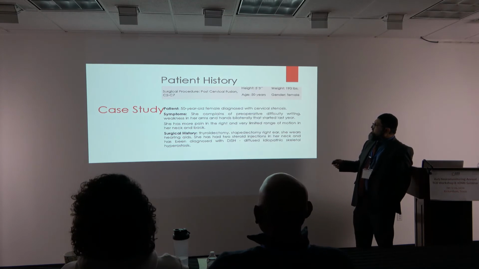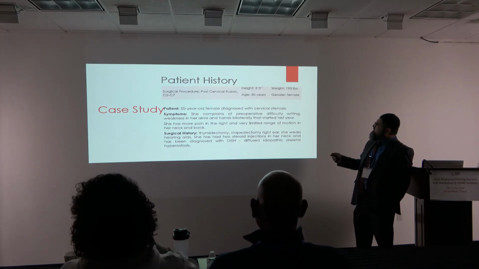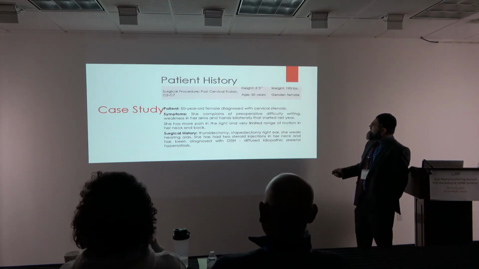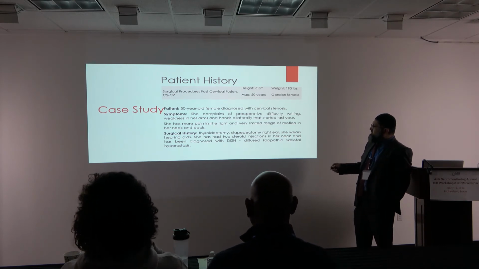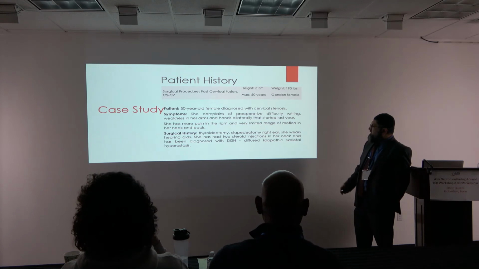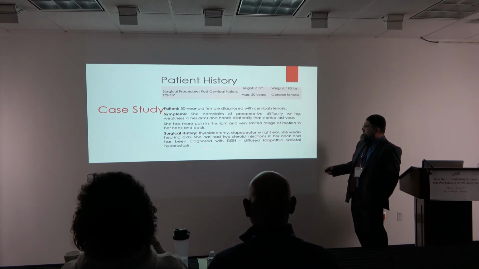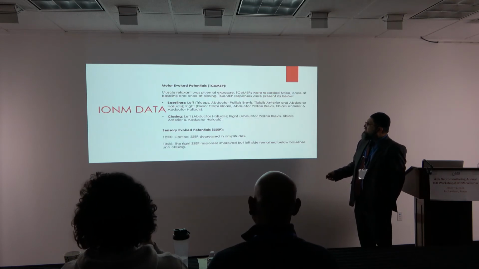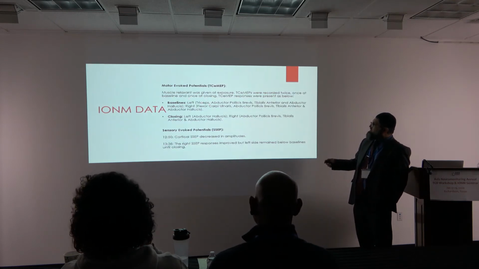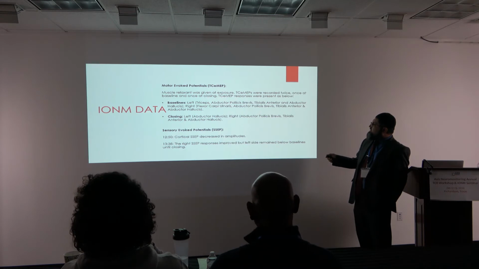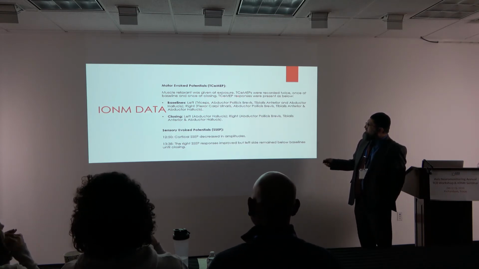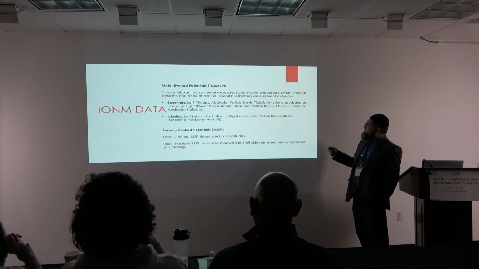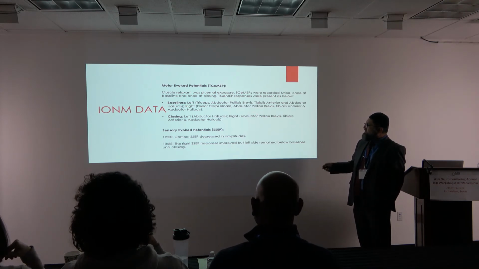Posterior cervical case, this was another patient, a 50-year-old female, 5'3", 195 pounds. She complained of pre-operative difficulty in writing, weakness in the arm, and pain in the right arm and upper leg with range of motion. Previous thyroid surgeries, right ear surgeries, wearing a hearing aid. At baseline, we have motors in triceps, abductor pollicis brevis, tibialis anterior, abductor hallucis on the left side, and flexor carpi, abductor pollicis brevis, tibialis anterior, and abductor hallucis on the right side.